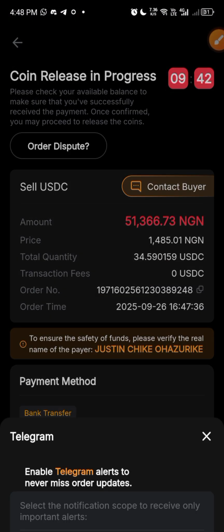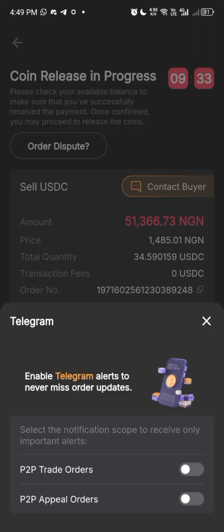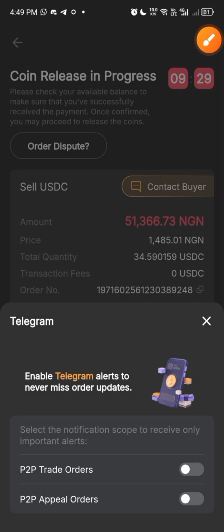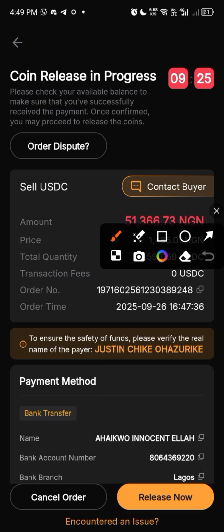You can see notification popping up here. Let me show you this one. Okay, let me do this again. You can see this one right here. Yes, that's the open notification. And you can see also the person has uploaded proof of payment, and you can see release now. So these are the reasons why I love using people who have good ratings and good orders, because